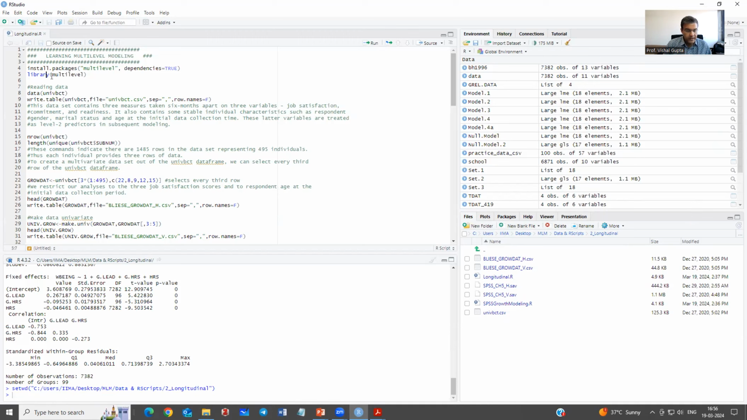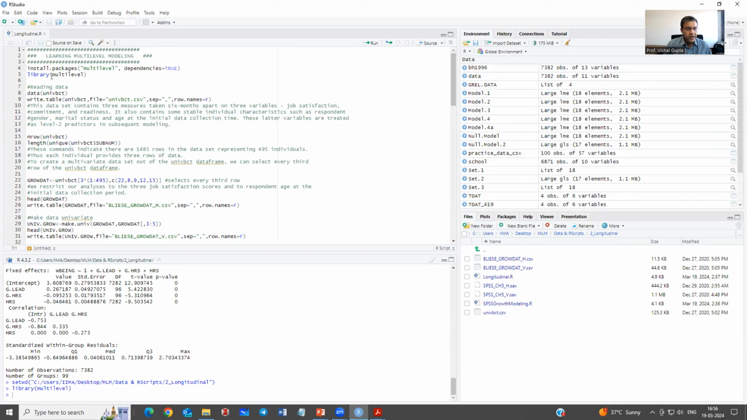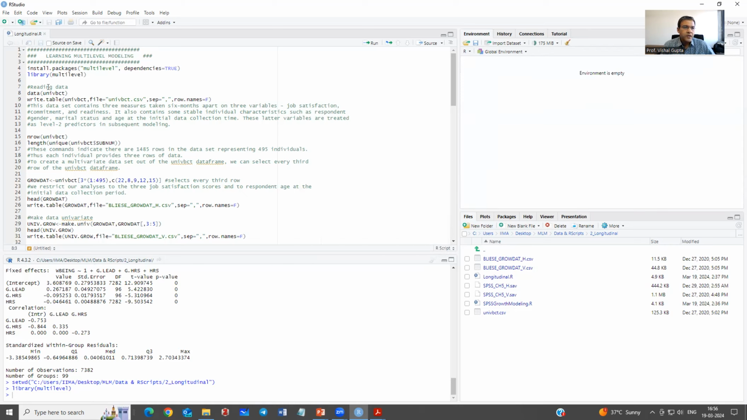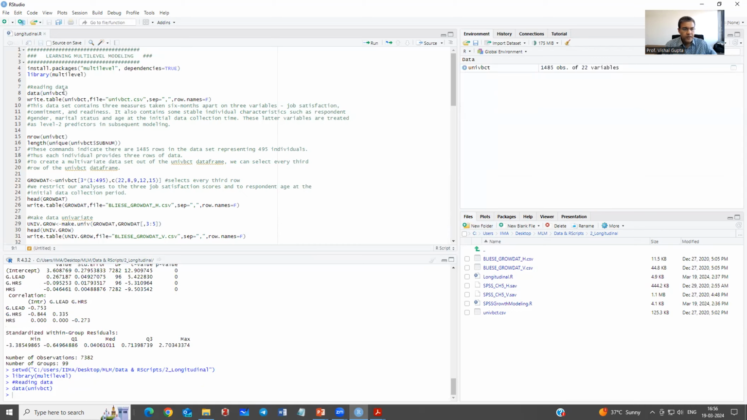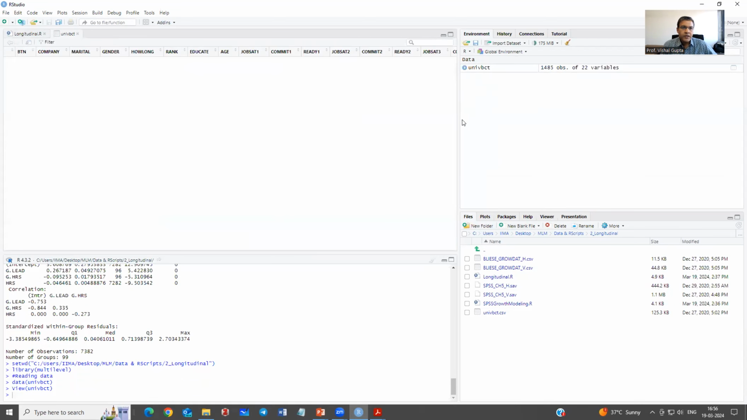So we have set our working directory to longitudinal, and we will set library multi-level. Okay, and this univ bct data file is available in this package. So let us say data univ, and now I am also going to clear my environment because I am going to work with longitudinal data. So let us start with unit data unit bct. Okay, and if I open this data file,